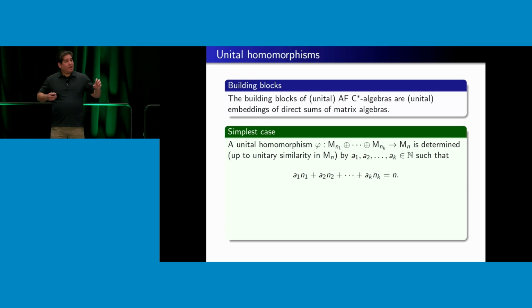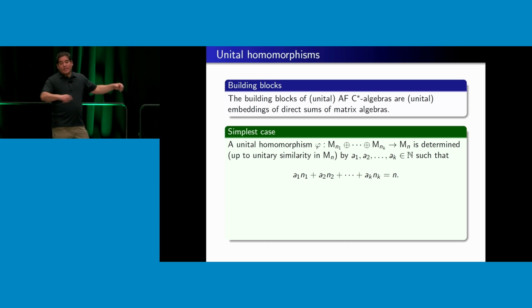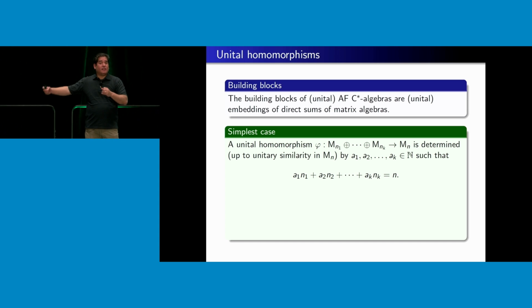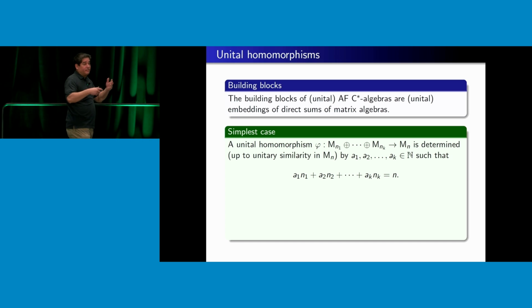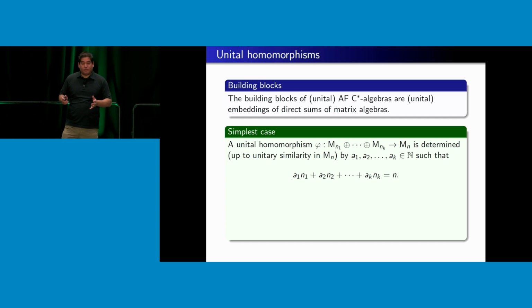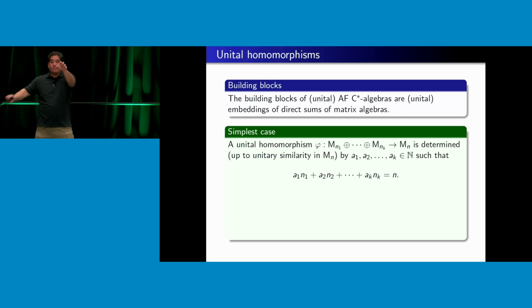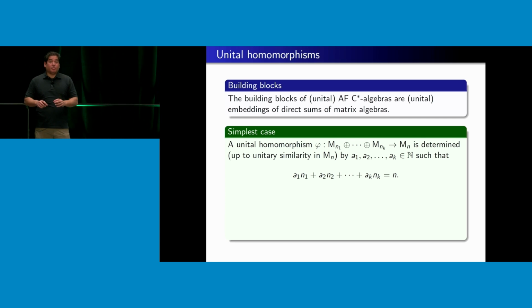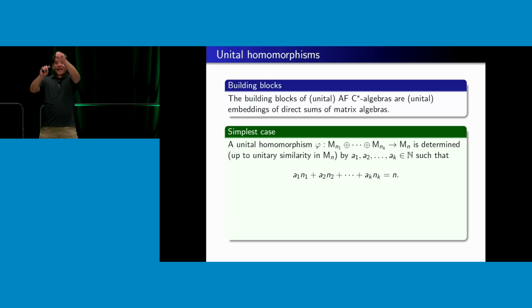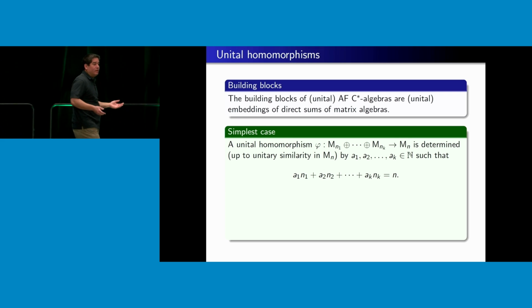Because let's say I have a unital homomorphism from a direct sum of a bunch of matrix algebras into some other bigger matrix algebra. And it has to be unital, identity preserving, it's got to be a homomorphism, et cetera. So one can show that up to a totally natural and standard notion of equivalence, you're basically stuffing diagonal blocks onto other diagonal blocks, possibly with multiplicity. Like we had an A, we went to an AA, or we had a B, it goes to BBB on the diagonal. That's the only way to really do it, up to some standard notion of equivalence.